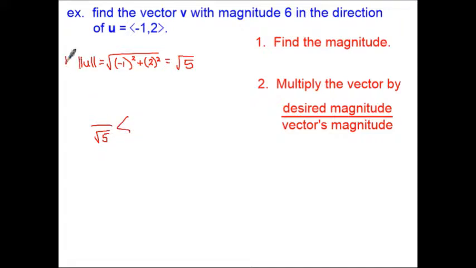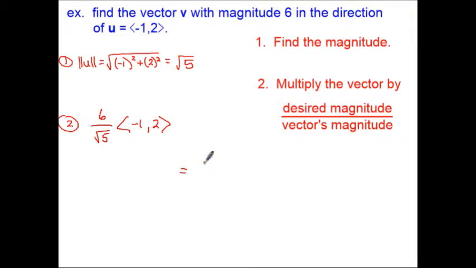so again, step 1, step 2 kind of thing. Alright, I've got negative 1 comma 2 as my vector. So if I multiply by 1 over root 5, again, I've got a unit vector. Then basically I take that unit vector and multiply the whole thing by 6. So that's what I'm saying here, the desired magnitude over the vector's magnitude, and then basically do the whole thing all at once. And for space concerns, I'm going to slide down to the right as I do